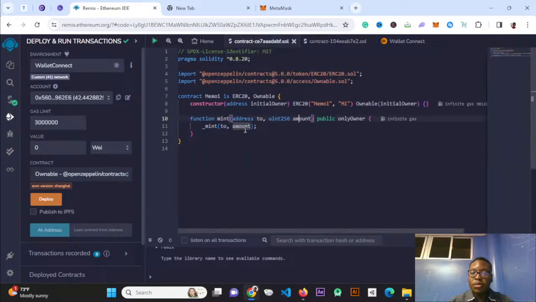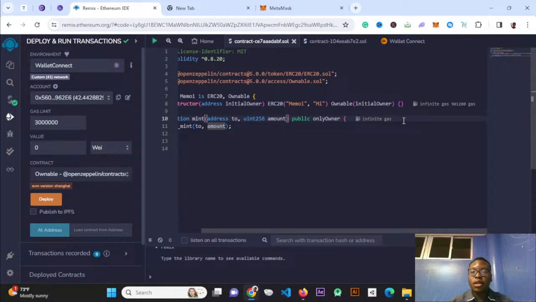So sometimes you may get this error, not an error, but this warning on Remix that says infinite gas, then maybe it gives you a number. So Remix is currently updating the gas fee calculator. So sometimes it may not be able to accurately give you feedback on what the specific gas price might be. So sometimes it will work without an error, other times you might actually get an issue when you try and